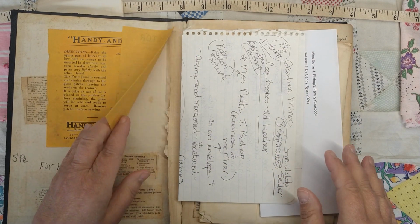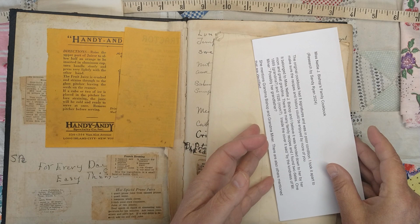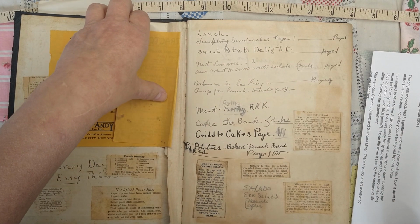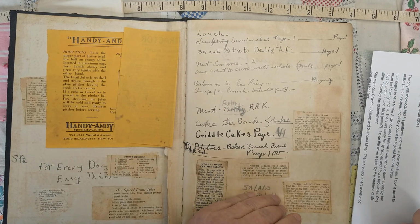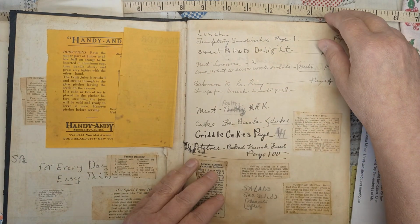This is the other that came from there, and here's my crazy notes. And another. So this bigger one came with that. And I am not sure, but I know it's the same family. And it was very...